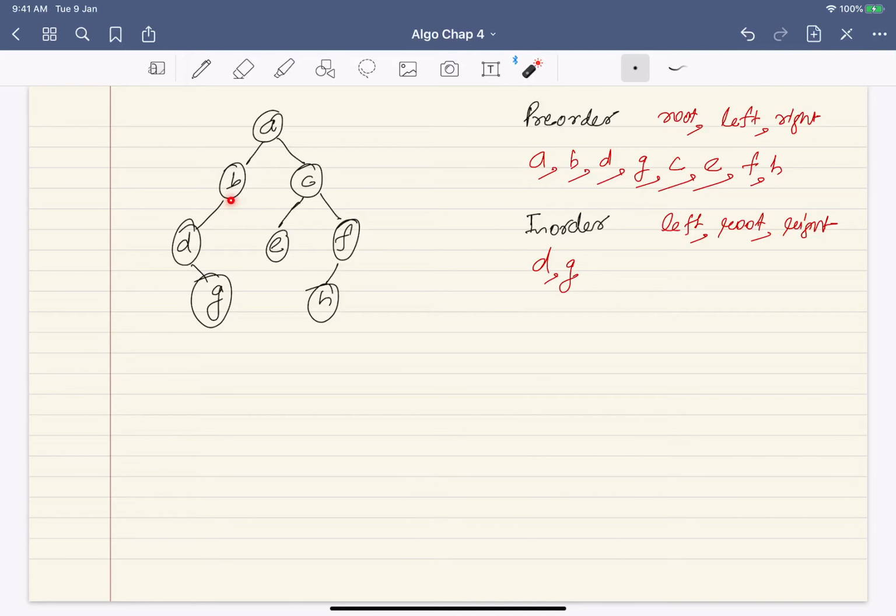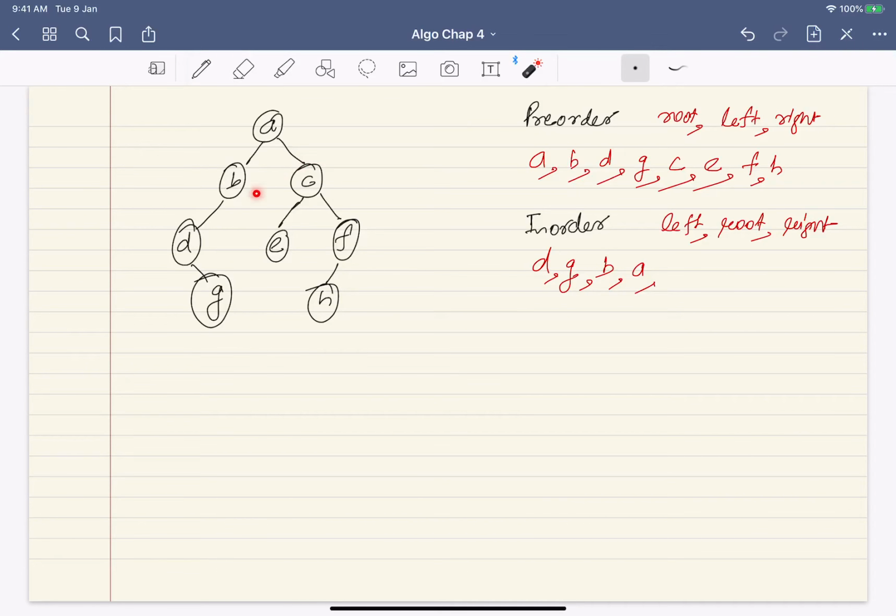Okay, so I was here, I did the left now. Then I do the root and then the right. Right is null, so I only print the root after this, that is B. Okay. Now in terms of the overall, I have done the left completely. Now I do the root and go to right. So I'll go here, but before that I'll print A. So I print A, then I go to right.